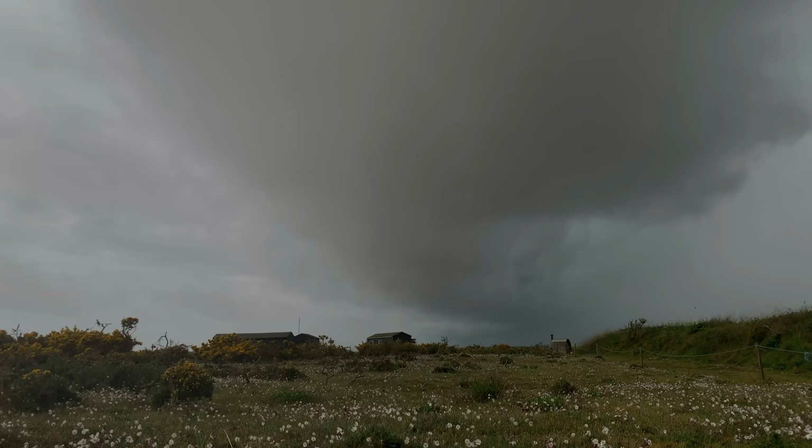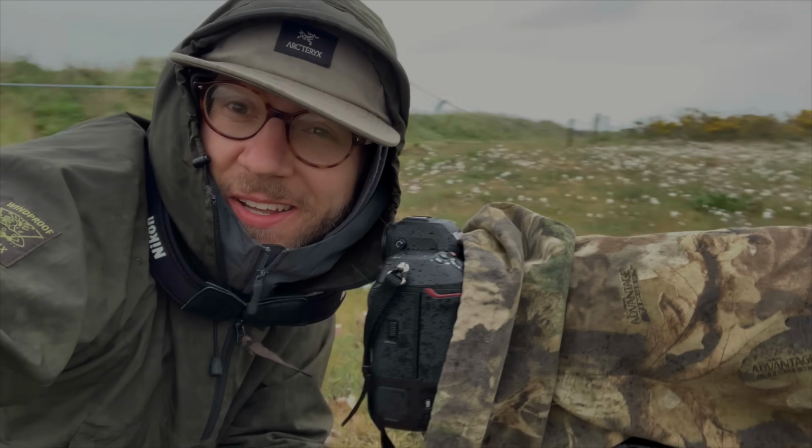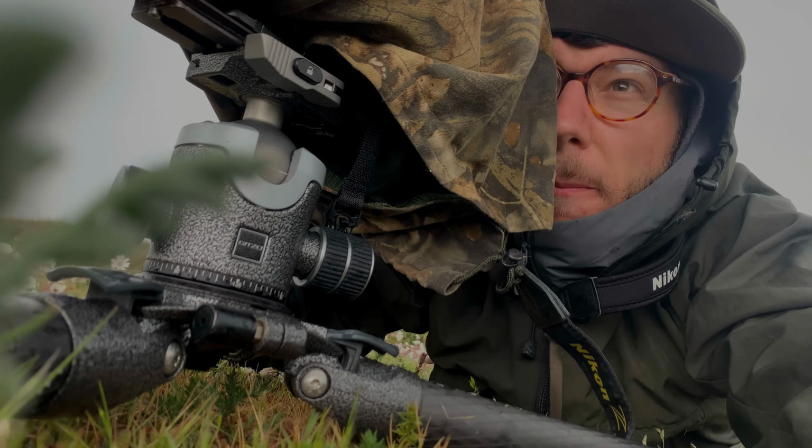I was planning to make a video yesterday, but in the afternoon we had this huge storm blowing. I was preparing to get out and build a camera trap, but it was just too wet. I don't want to have all kinds of water in the camera trap before I set it up and leave it. So instead I Gore-Texed up and lay out in the rain for 5 hours, and it was